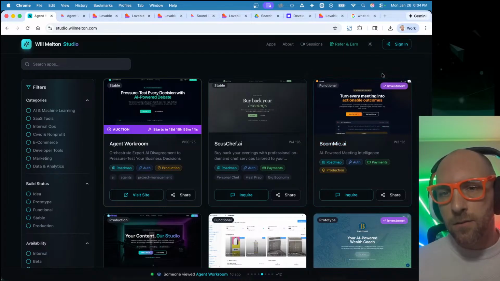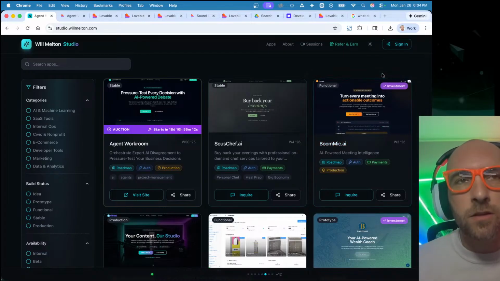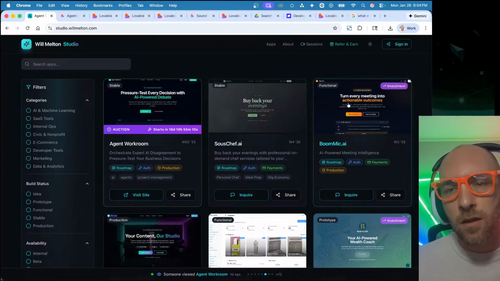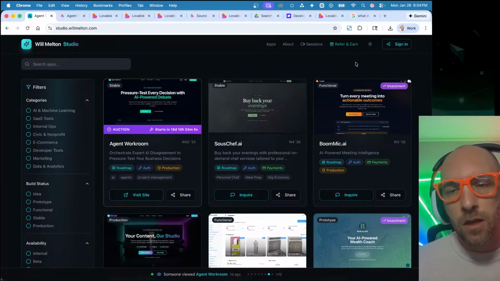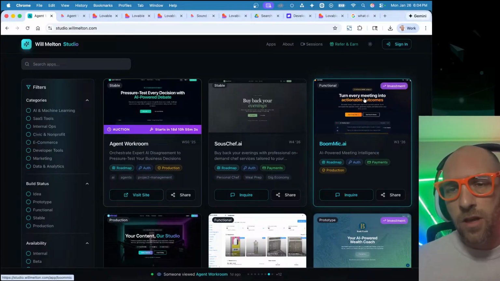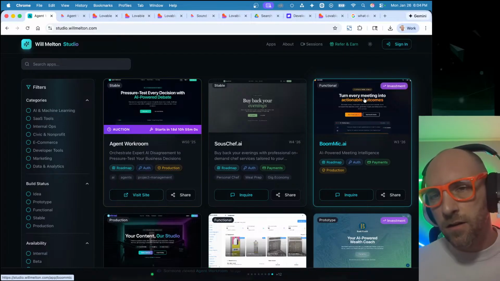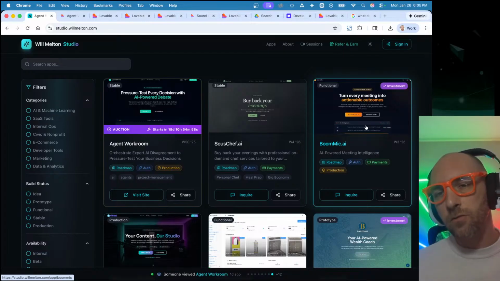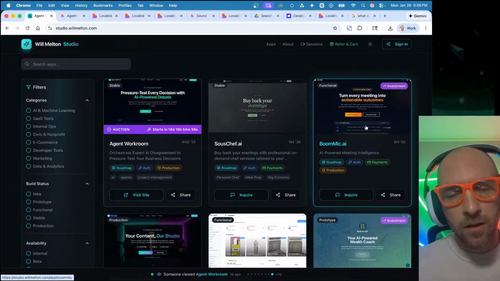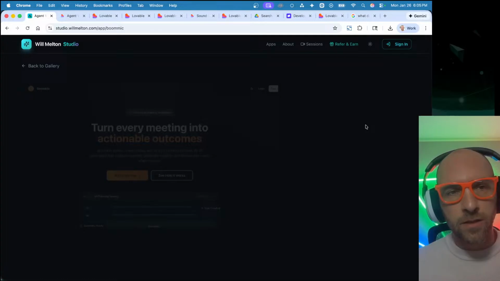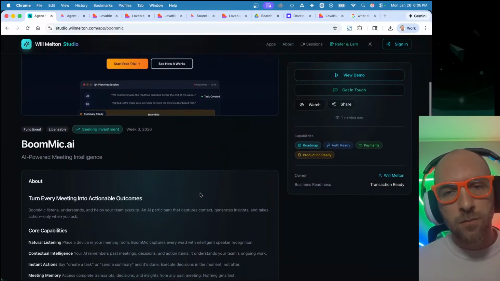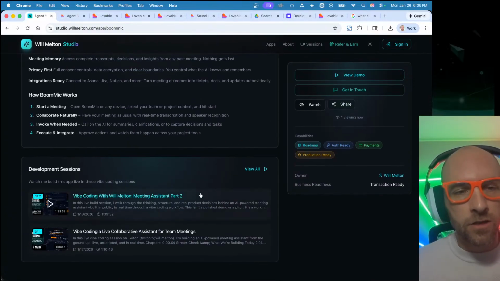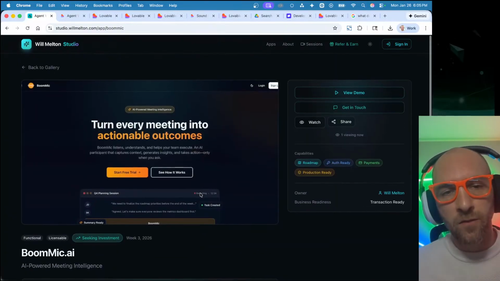But BoomMic.ai is a new type of meeting tool where you can talk to AI and have it participate as a partner in your meetings, whether that be through Zoom or an in-person meeting. It's a note taker, but it also listens. It looks for context and it is tied in with Perplexity for its knowledge base. So it can actually search the web and give you real-time analysis of information.